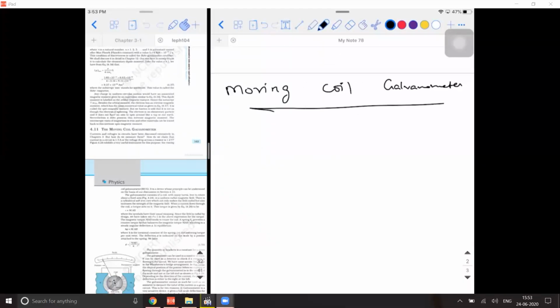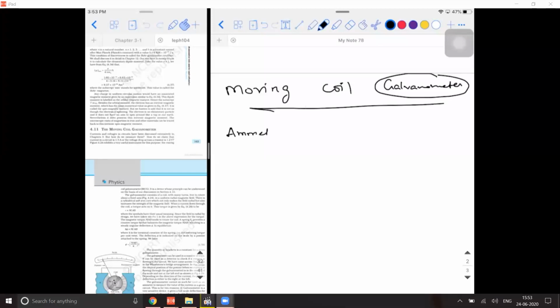Have you people seen this? Maybe in your 10th grade also you would have learned about this when you learned about the magnetic effects of current. Any idea about what this moving coil galvanometer is? You can simply call it a galvanometer also. Any idea about what this device does? It will determine if the current is flowing through it or not. Okay, yeah. It will find the presence of current.